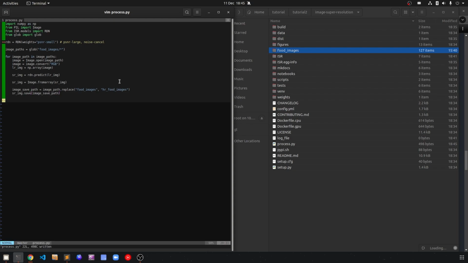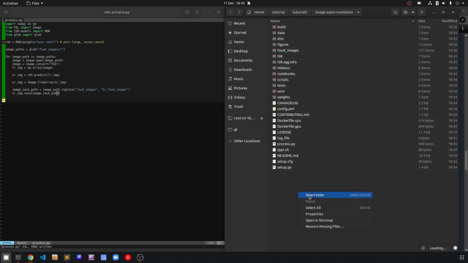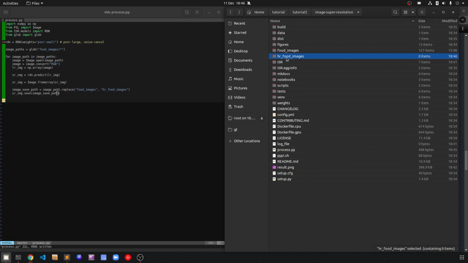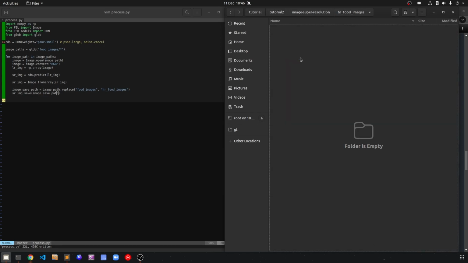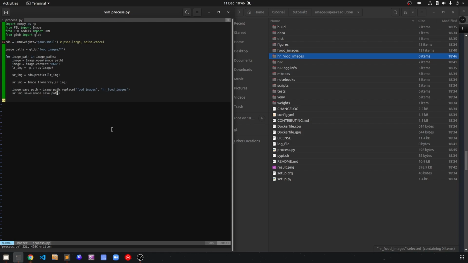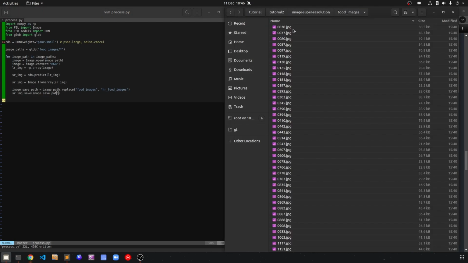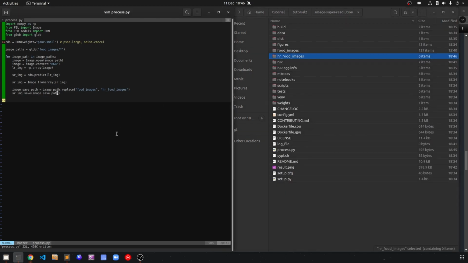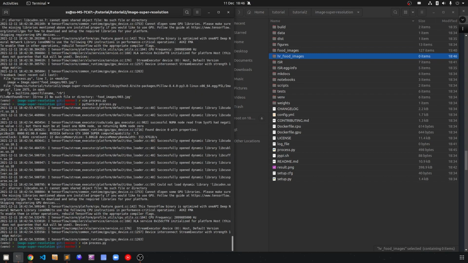But we don't have this HR food images folder, so we are going to manually create one here. There, it's currently empty, but if we run this code, hopefully all the food images here, low resolution food images, will be processed and the new result will be saved in this folder. Let's try to run this code. Save it first and run this code. If you run it,